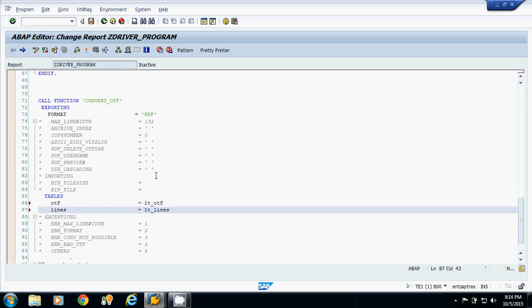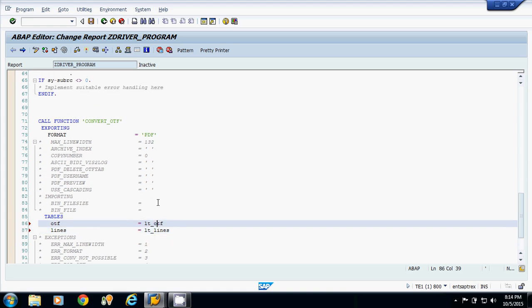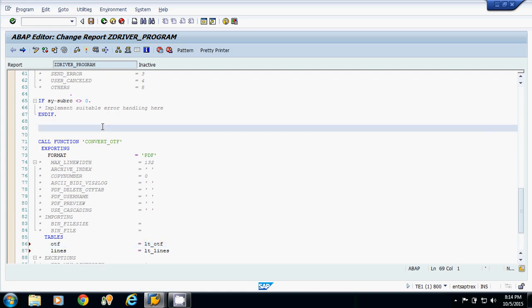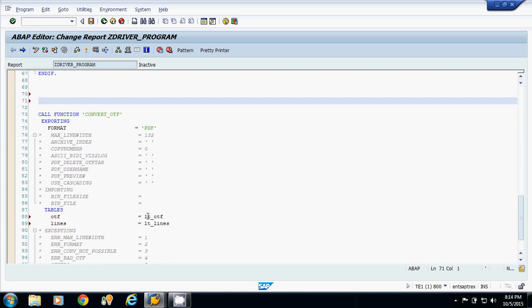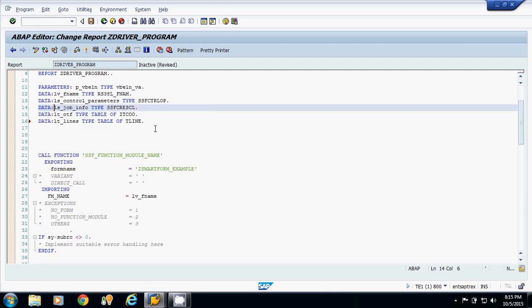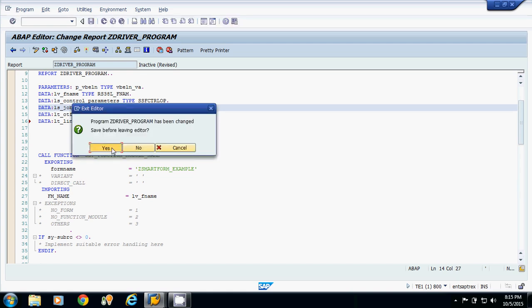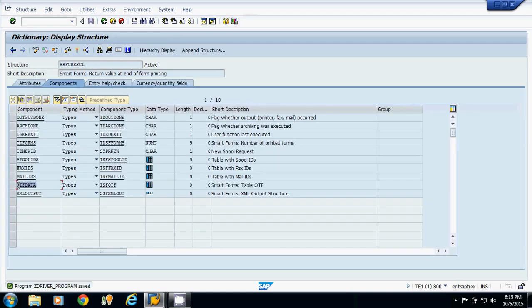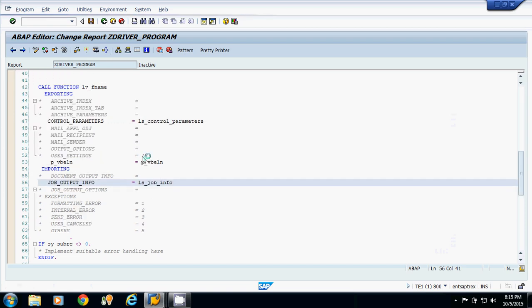Now I have to move the OTF to this parameter lt_otf. This ls_job_info is of this type. When I double click on this, OTF data will return us the OTF data of the smart form.